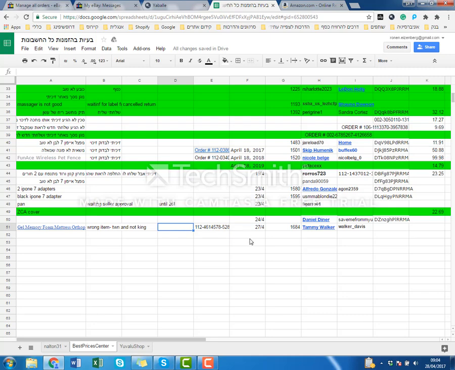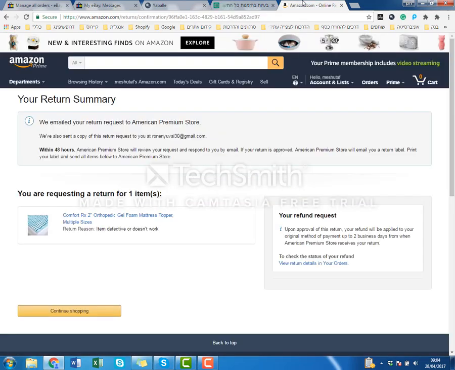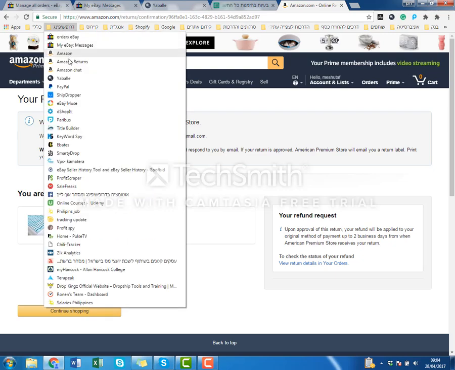So the status is in the status column: waiting for seller to send return label. Okay, and now after 2 days you will need to get back here and see if the seller sent us the return label. How do we do this? We will go to the Amazon returns,